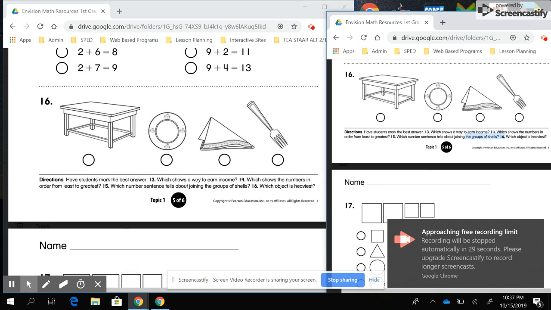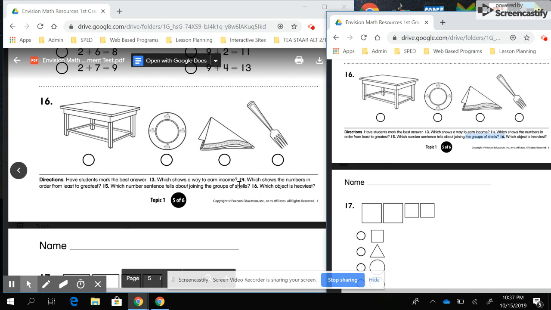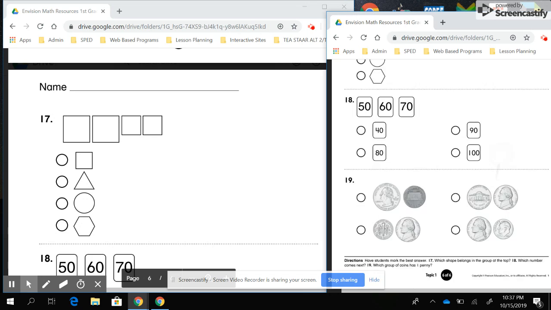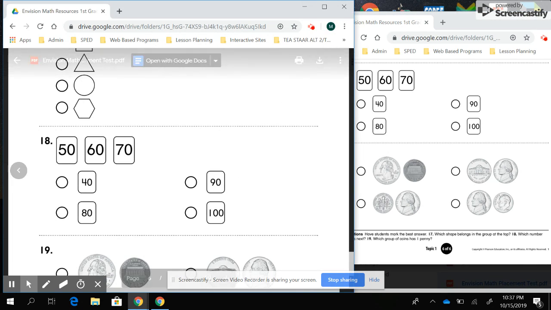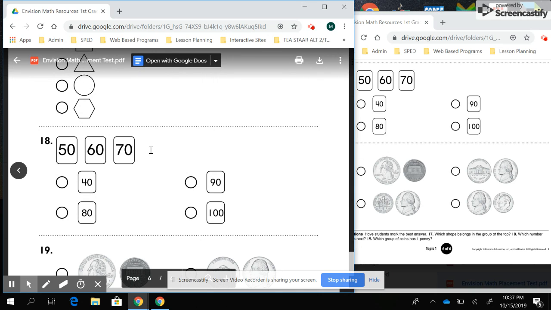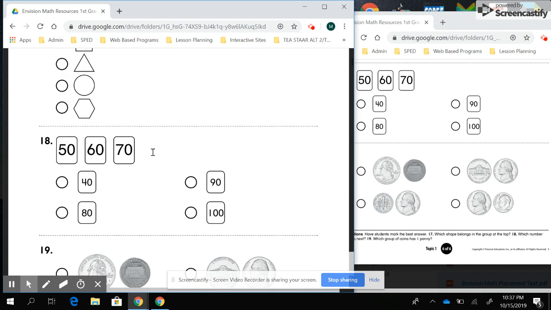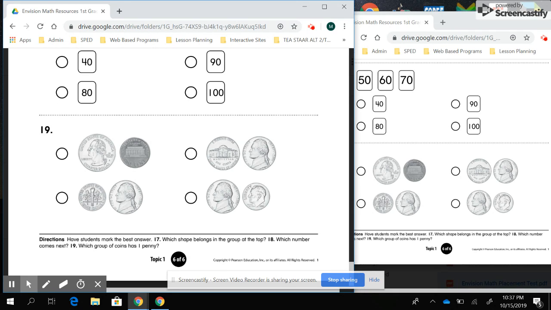Go to 16. Can you tell me which one is the heaviest? The heaviest object, please, and bubble it in. And then 17, which shape belongs at the top? Which shape belongs at the top? And 18, which number would be next? I have 50, 60, 70. What comes next? And 19, which group of